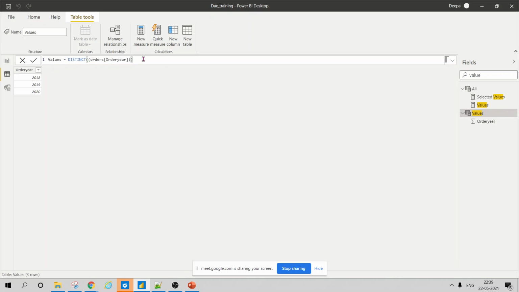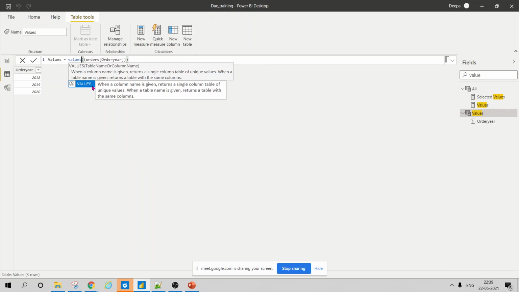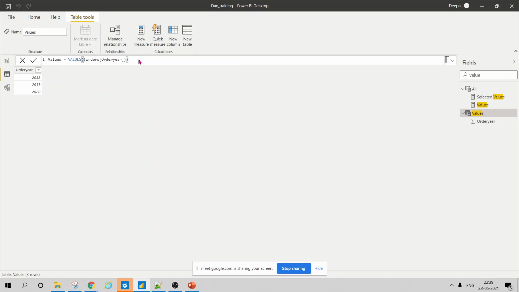Same, the VALUES function will also give you the same thing. When a column name is given, it returns a single-column table. See, same thing you got. Is that okay? Yes, yeah.